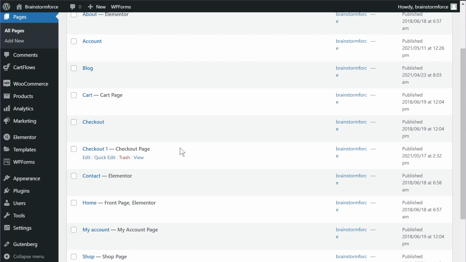Now, a small disclaimer: if you're doing this on a live website, I'd recommend you do this either in a maintenance window or at a time when the traffic is very low on your website. The better option would be to create a staging version of your website or do this on a local copy of your website, so that any changes you try out or any experiments that you do not affect your visitors, or live visitors who are trying to purchase things on your website. If your website is not live currently and you're just testing it out, then you can definitely do this anytime on your live website. I hope that made sense.